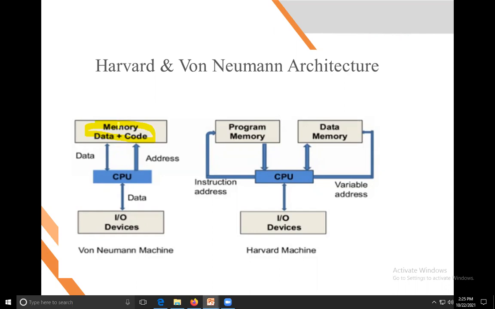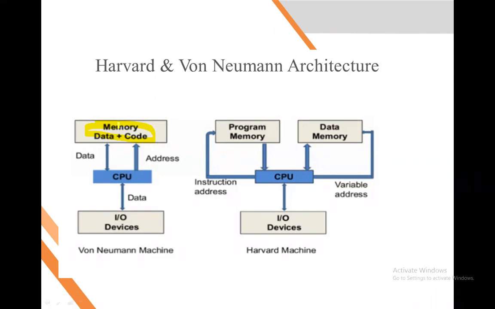So it's very easy to search; the book is there. In Harvard structure, you can fetch any instruction and any data directly, because the program memory is different and the data memory is different. For that purpose, we have to use the DPTR. In the program counter, only the instruction location is stored, but in the DPTR we store the data locations.